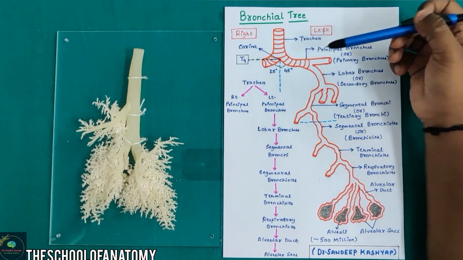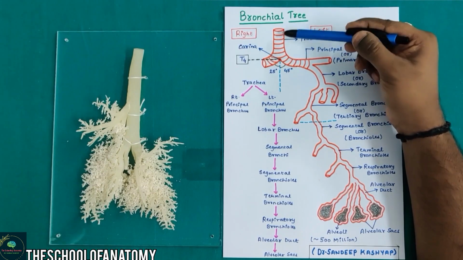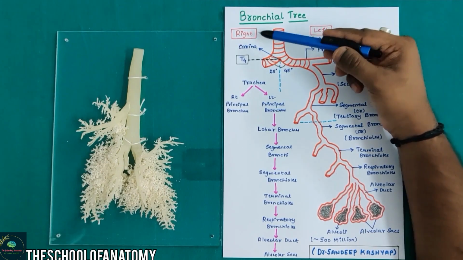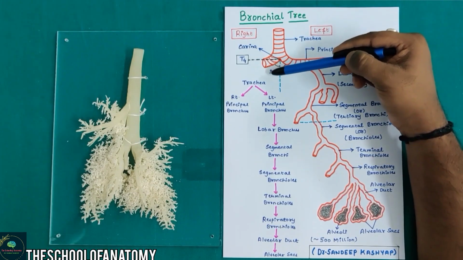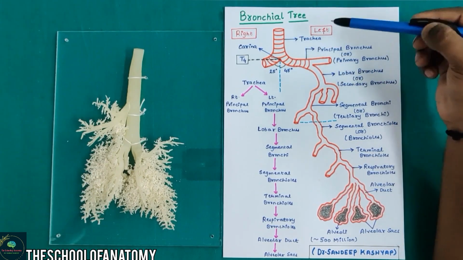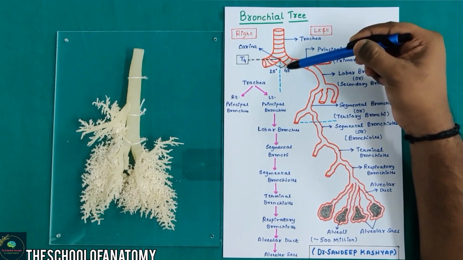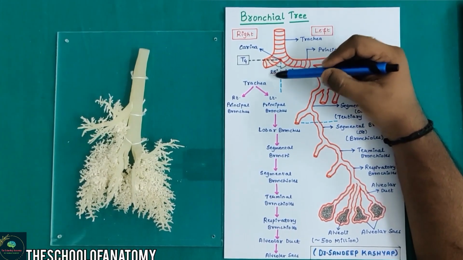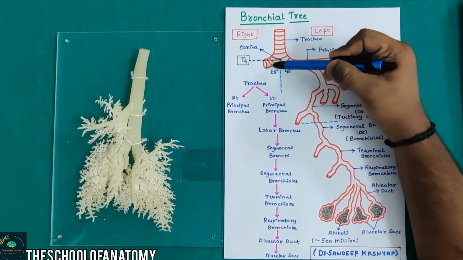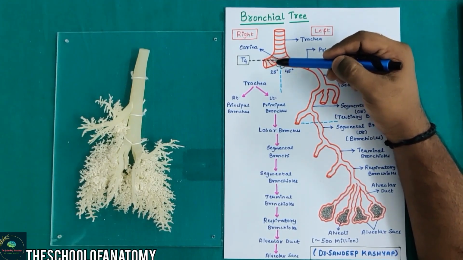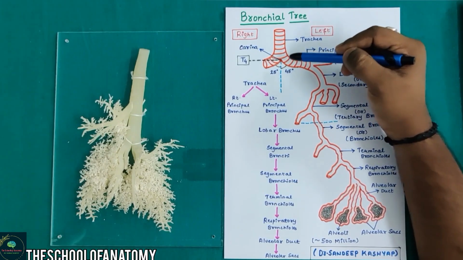Now the principal bronchi on either side make an angle of inclination with the trachea. You can see over here the right sided principal bronchus is making an angle of inclination of roughly about 25 degrees with the trachea, and the angle of inclination of the left principal bronchus is roughly about 45 degrees. Due to this smaller angle, the right lung is more likely to get infected during a pathogen attack, because it becomes very easy for the pathogen to travel inside the right lung than into the left lung.